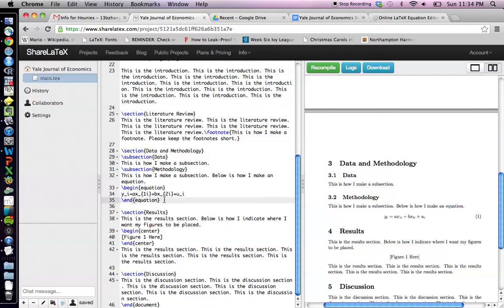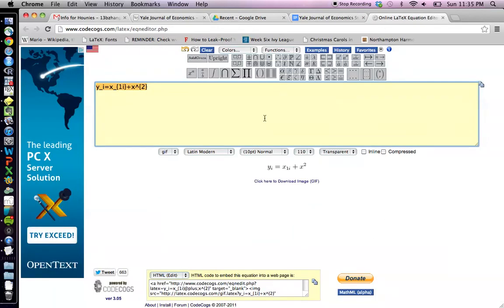I also want to introduce you to this equation command. So every time you want to write an equation in LaTeX, you would say begin equation. You write your equation, and then you say end equation. Now you're probably wondering, how do you write a math equation in LaTeX? And I've added this tool that I've linked in the style guide. It's to a website called the